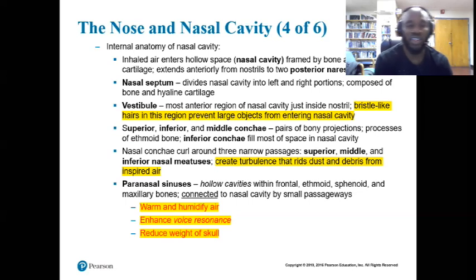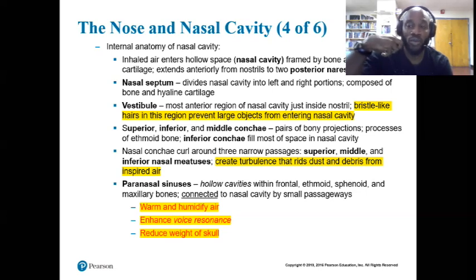Then we have the superior, inferior, and middle conchae, pairs of bony projections of the ethmoid bone. This area, the nasal conchae, curls around three narrow passages and creates turbulence that also helps rid dust and debris from inspired air. We do not want, and you'll see this over and over, we do not want debris, things